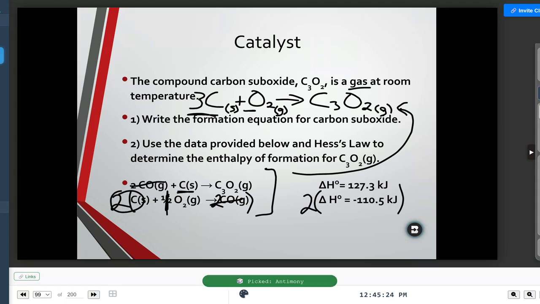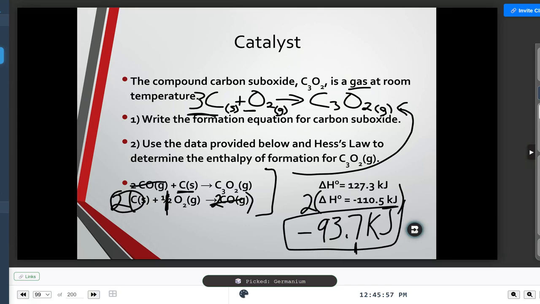Okay, so our final answer for this is going to be... how about, since rubidium is not here, we'll go to antimony. Didn't quite get it. All right, how about strontium? Didn't go. Okay, what about tin? Oh, not here, tin. All right, what about iodine? Is iodine not here either? Oh, we'll get there eventually. Germanium! Okay, a negative 93.7 kilojoules. All right, good job. We take that to 3 sig figs because we have to get to the 10th place. That's what they have in common.